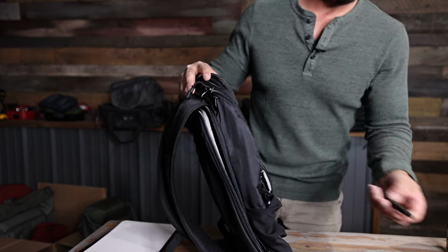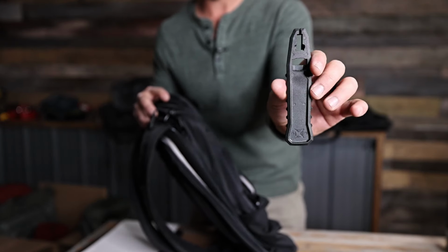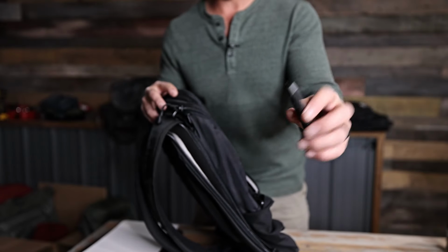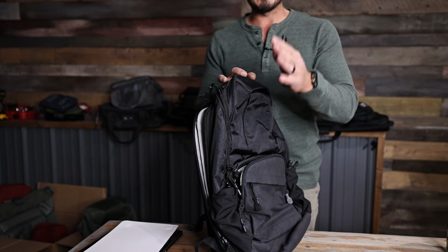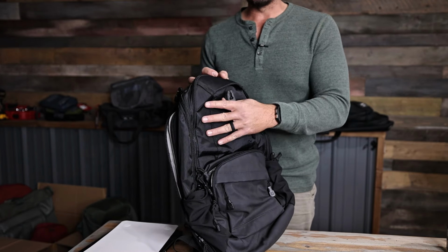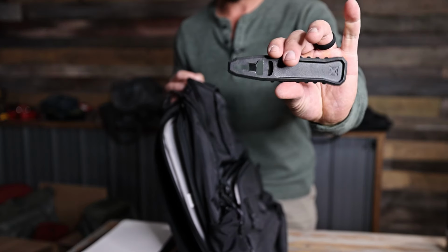And then one new thing for the Gen 3 is this little guy. So they have these quick access because a lot of these bags are geared towards keeping concealed carry items in your bag, though obviously they function for other things too. I almost never carry a weapon in the bag. I'm always carrying that on body. So I use these bags and I don't even use that feature really, but they have this new strap now,